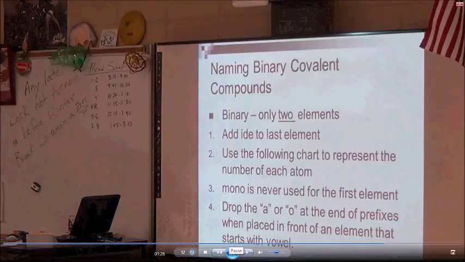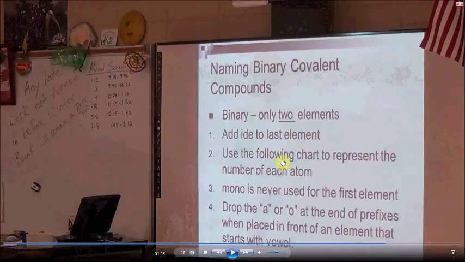Alright, now we'll move on to naming the binary compounds. Binary, of course, meaning there are only 2 elements. There are different rules for some bigger covalent compounds, but we're going to stick with binary for the moment. We will still add "-ide" to the end of the last element. And then we're going to use a little prefix chart on the next slide to indicate how many of each